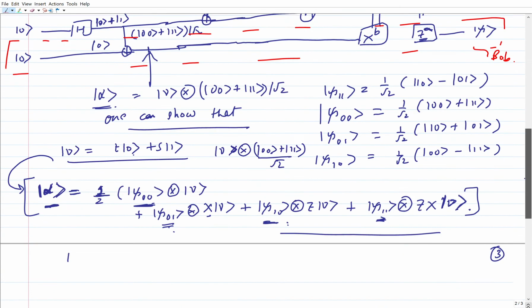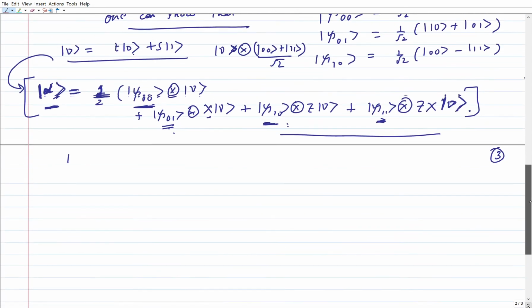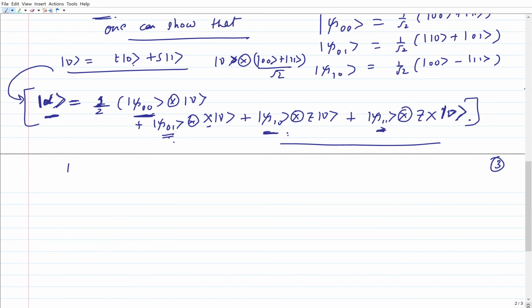Okay. So Alice can distinguish either of psi 00, psi 01, psi 10, psi 11,